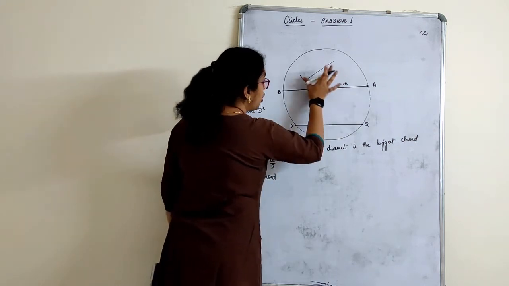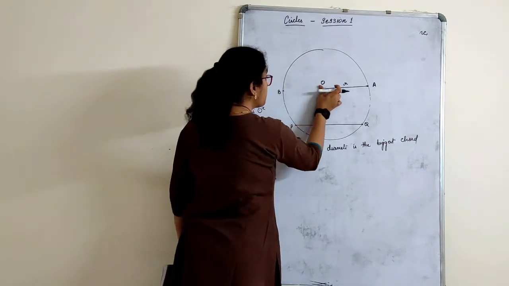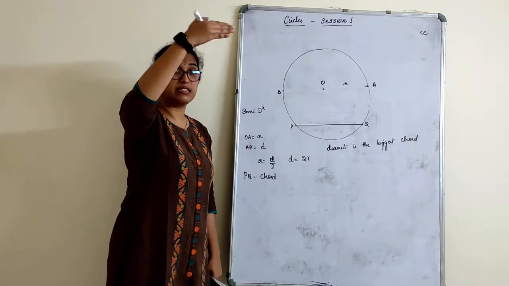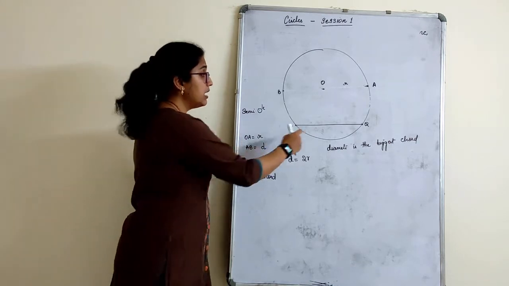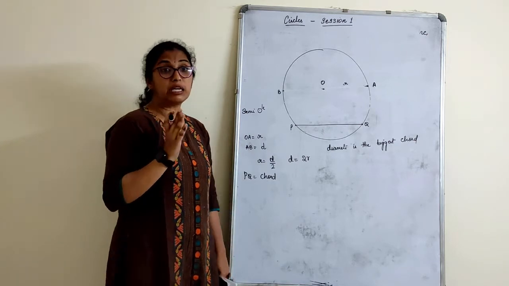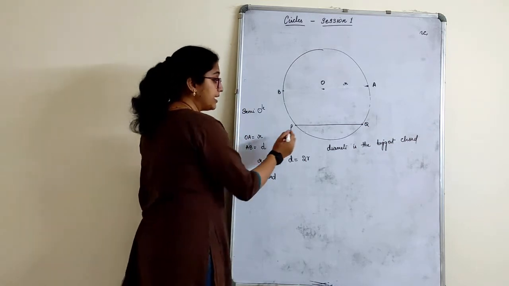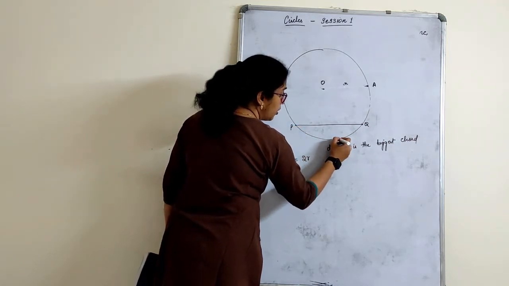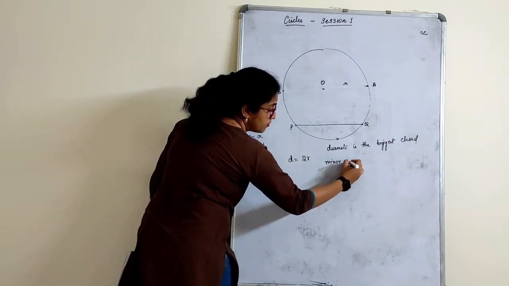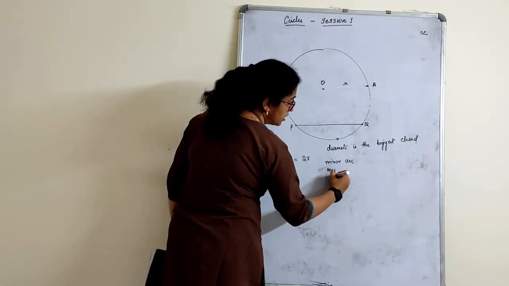Whenever we draw a chord, the circle is also divided into 2 halves. How? A diameter will divide it into 2 equal halves, that is why we use the word semicircle. But when we draw a chord, it also divides the circle into 2 halves, but not equal halves. One is a bigger one and another is the smaller one. The smaller arc we have here is called the minor arc, and the bigger one is called the major arc.